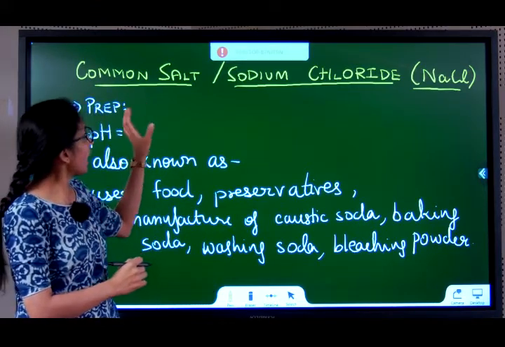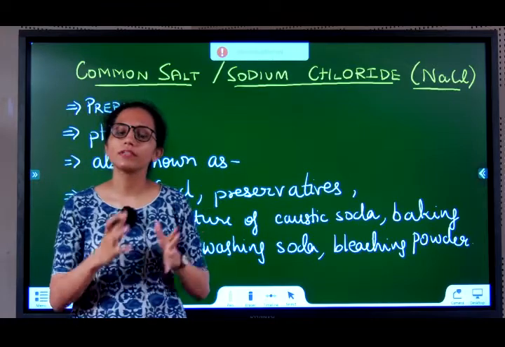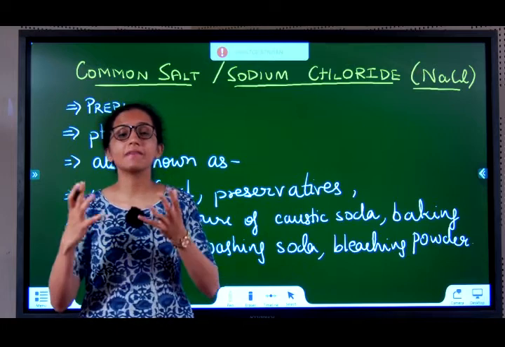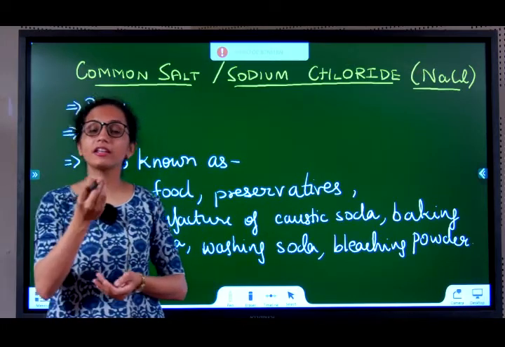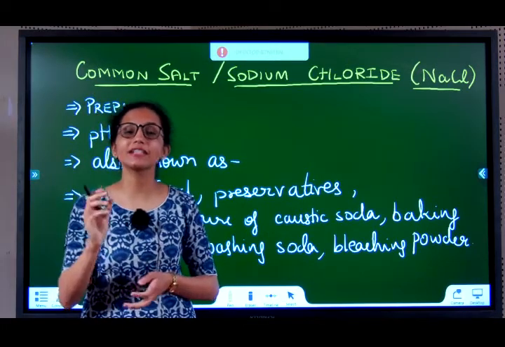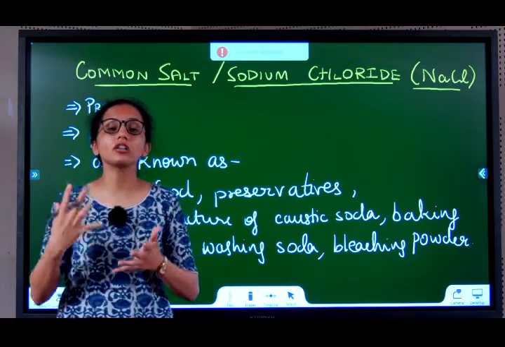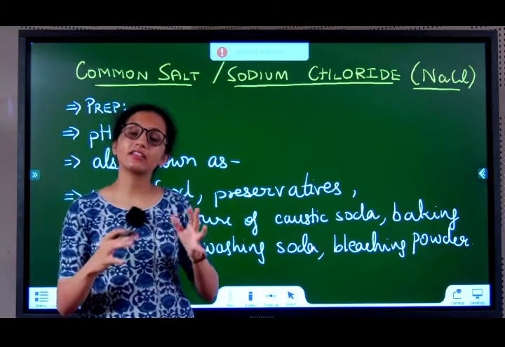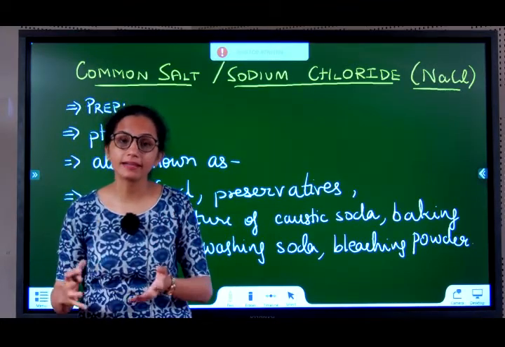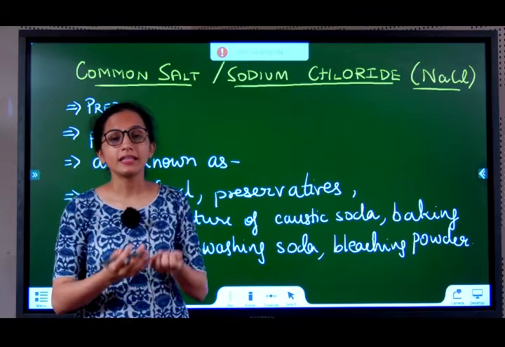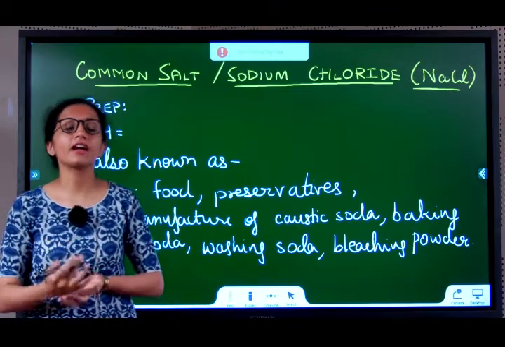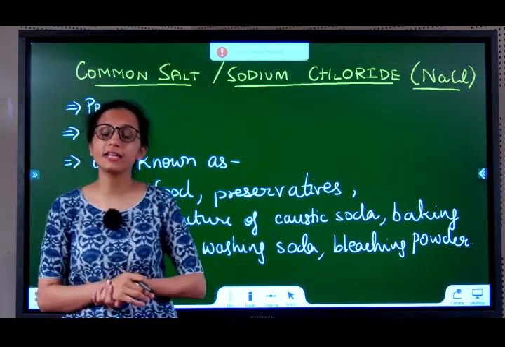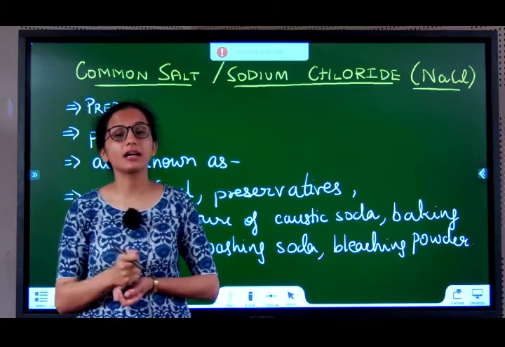So now about salt, where is it found? Common salt is found especially in the sea areas; the sea has many salts dissolved in it. That's why if you by mistake tasted seawater, it will be salty. Why? Because there's a lot of salt dissolved in it. In all these sea rock areas you find salt beds. So they take the water from there, evaporate it, get salt, and refine it. Also salt was one of the most crucial factors in our Dandi March that Mahatma Gandhi led.